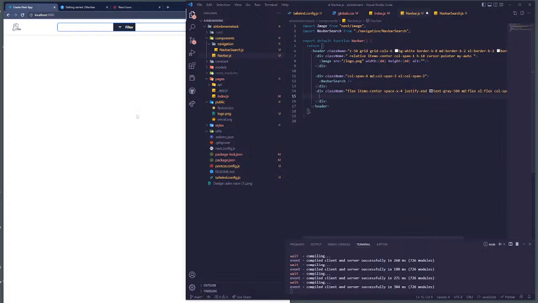Yeah, that's good, I think. Inside of this, we are then going to be putting